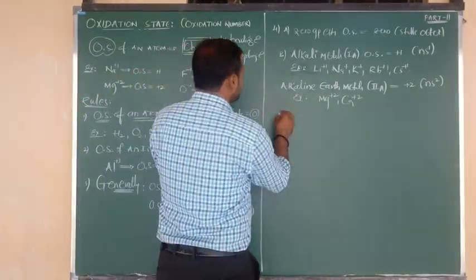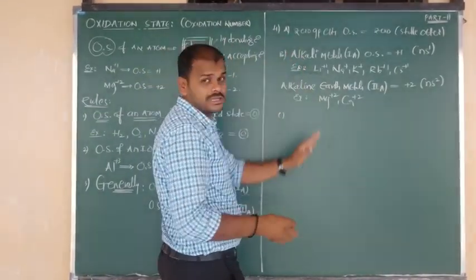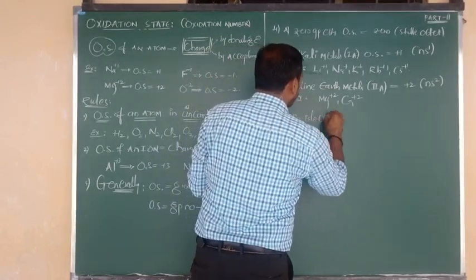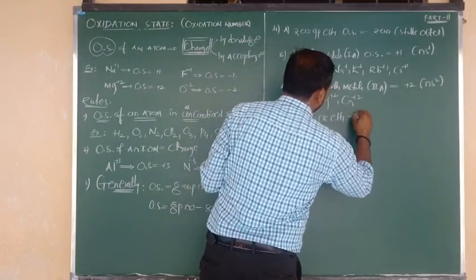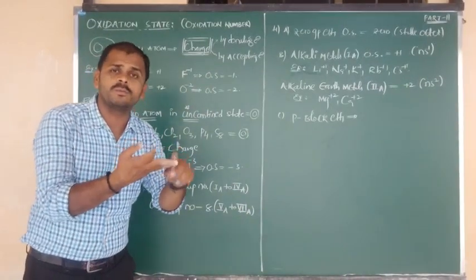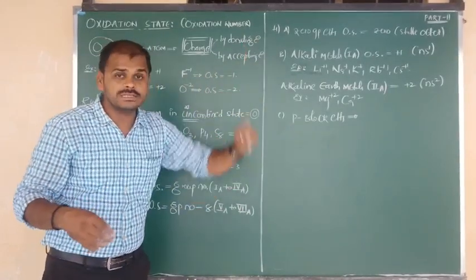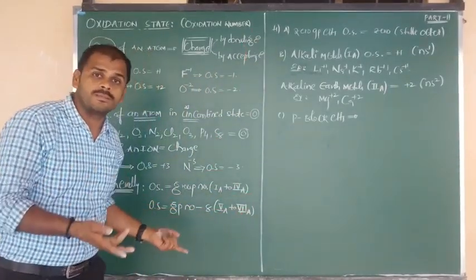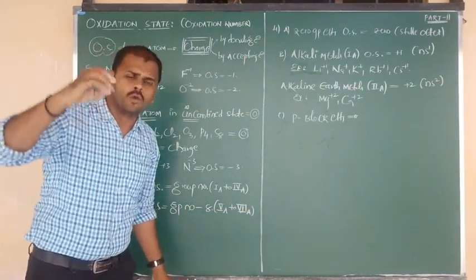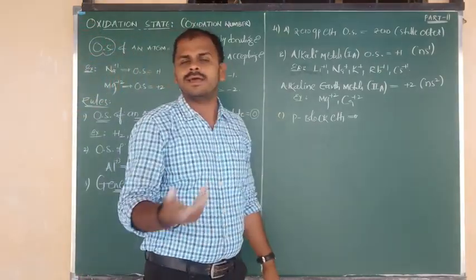Okay, good. So next point: S block elements are clear, and in P block, 0 group is also clear. What about the other P block elements? In the P block so many groups are there: 3A group, 4A group, 5A group, 6A group, 7A group and 0 group. Total 6 groups are there. 0 group contains 0, but what about the others? 3A group contains +3, 4A group contains +4, and 5A group like that. So different groups exhibit different oxidation states. All groups and their oxidation states I can't show you now.